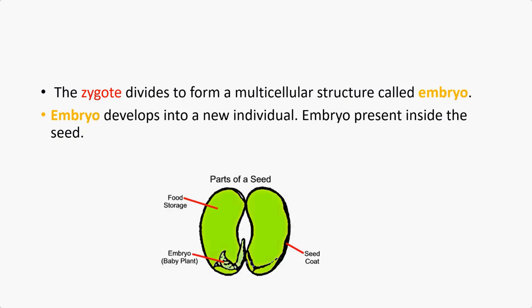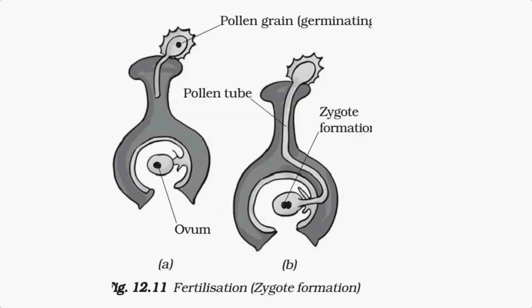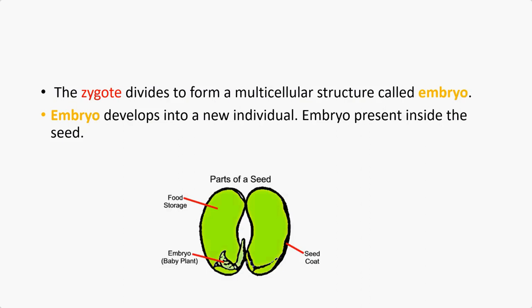Okay, next, look at the screen now. Once the zygote forms, what happens to the zygote? Till this picture we learned yesterday, no? Now we will learn what happens after the zygote. First the male and female cells come, they combine together and form a zygote. Once they form a zygote,